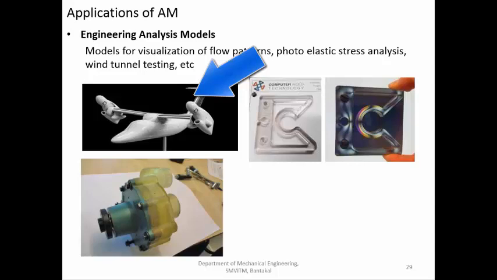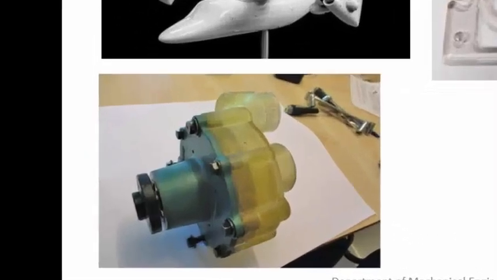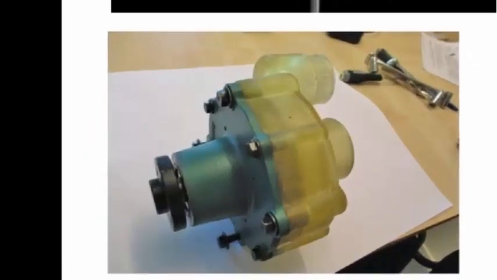So what is this visualization of flow patterns? For example, you have a very complex cross section or a very complex component, and the flow is in a very zigzag manner or moving in different paths, then there is a chance of getting bubbles, low pressure areas, and turbulence. Now this you can do in software and see what exactly is happening. But if you want to see in reality what exactly is happening, then you don't have many options.